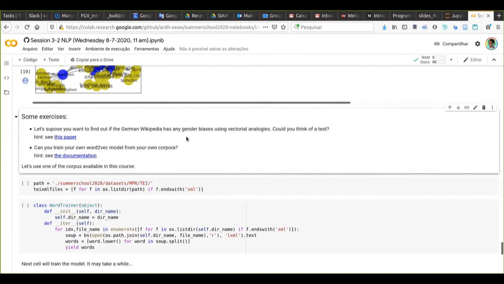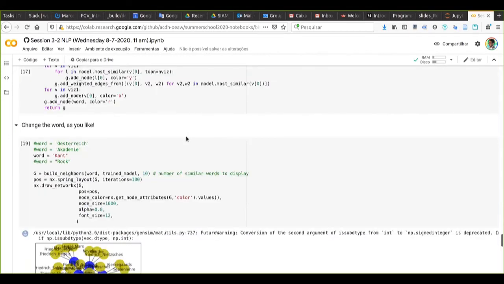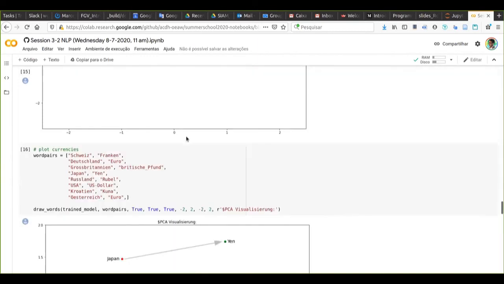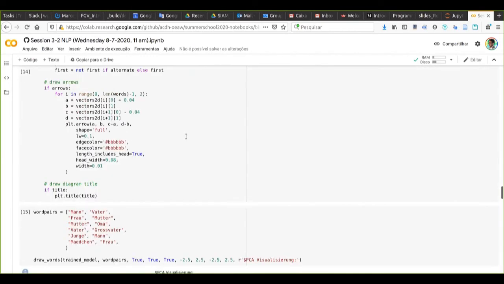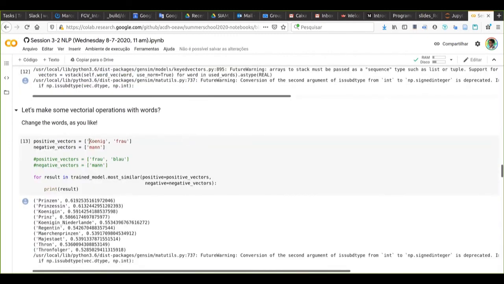Catholic is to good as other religion is to. Let's suppose I would change. I cannot do this because I'm not a German speaker. But you could choose your analogies, changing this word. Two vectors, and let's suppose I am extracting. I would put here one religion, another religion, and one adjective, and I would try to find the equivalent adjective to this other religion. I can do this with gender, like